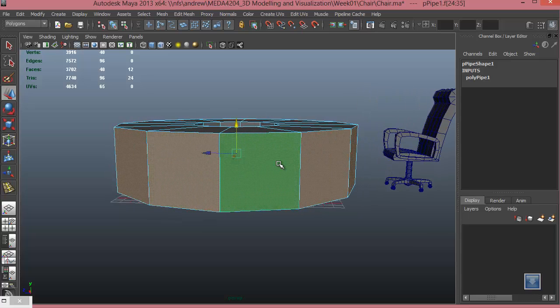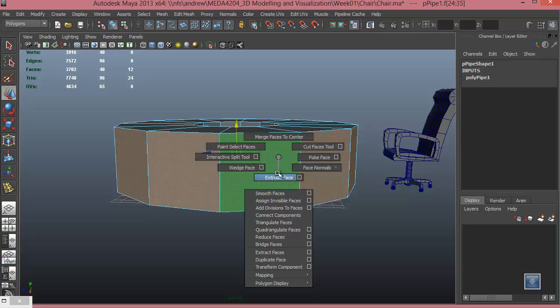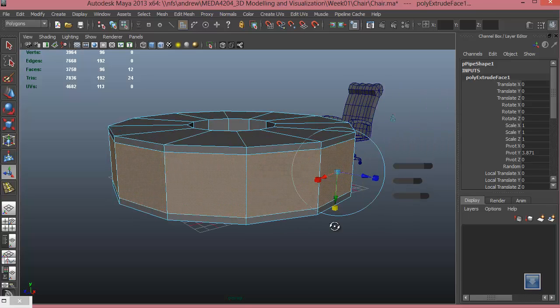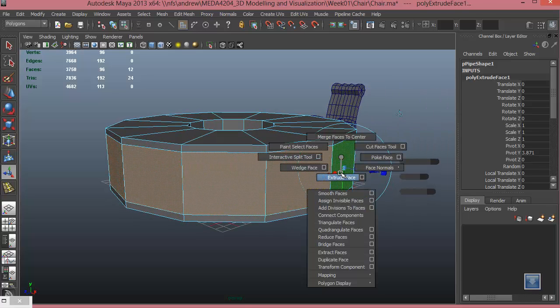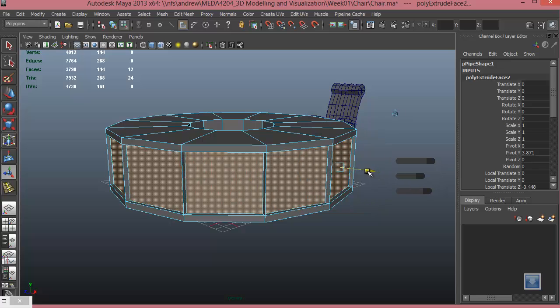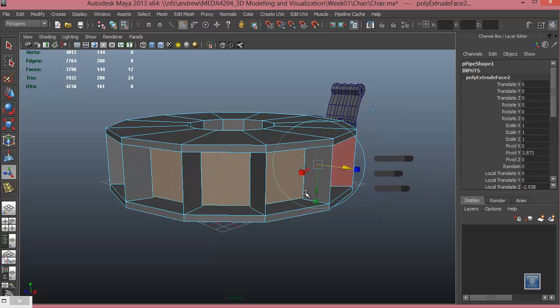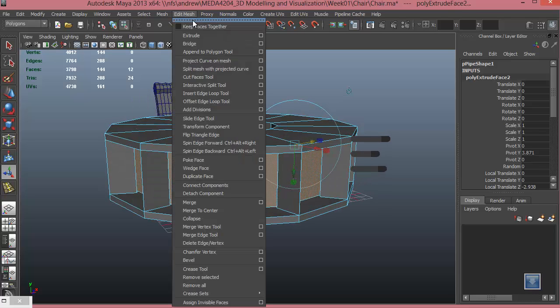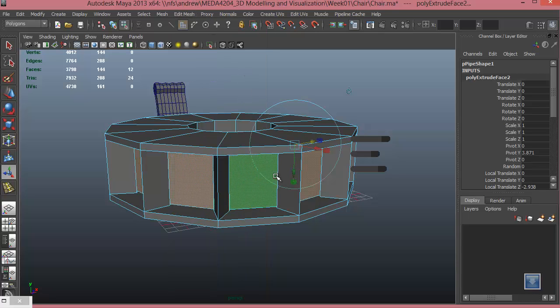Now I'll hold shift key and right click and choose extrude face, and I can scale it down. I will do further extrude face. This time I will push it in. I have a problem now. Since I have turned on keep faces together accidentally for some other purposes before, now it has split all these